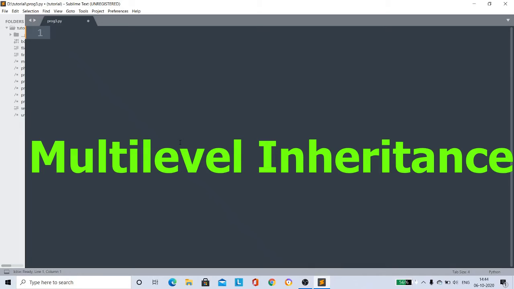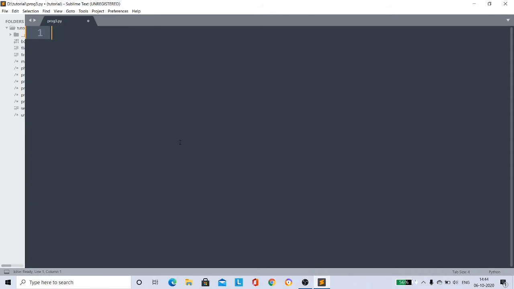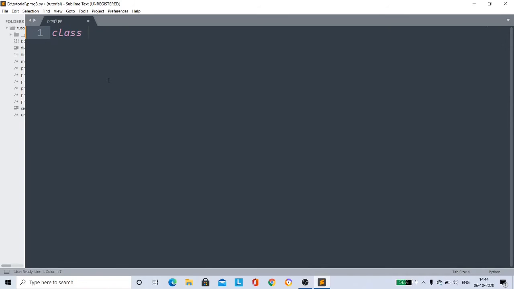Next, multi-level inheritance. Multi-level inheritance is when a derived class, that is a subclass, inherits from another derived class. Like this, see this diagram. Here, class C is derived from class B and class B is derived from class A. This is multi-level inheritance. I'll take a simple example. A class named A. Inside the class, I take a method, for example method m1. I have to give self. Inside method m1, print method 1 in